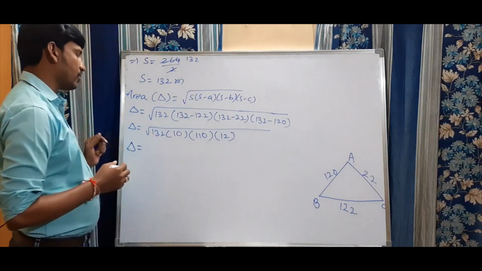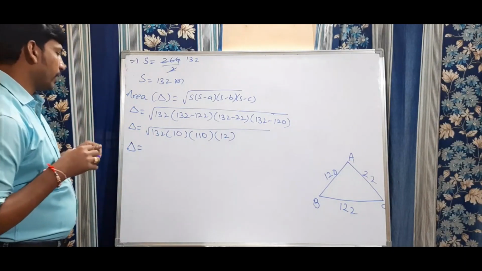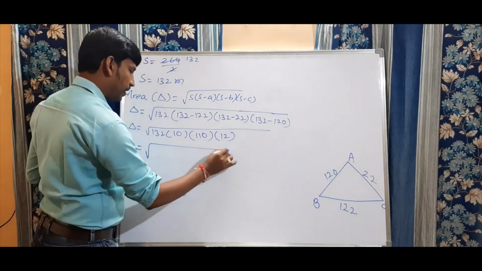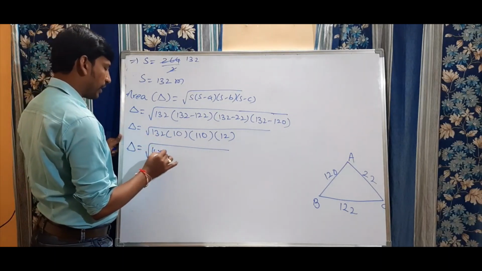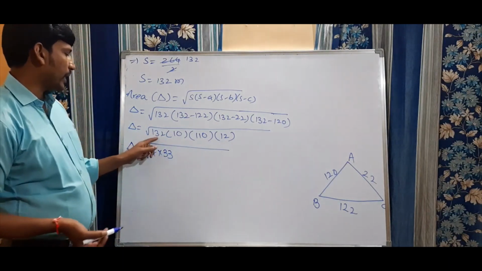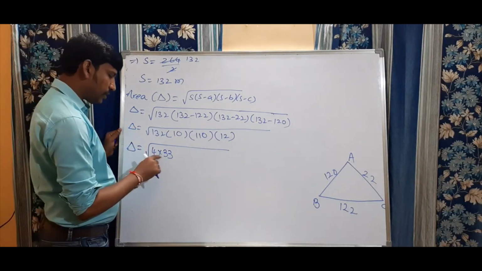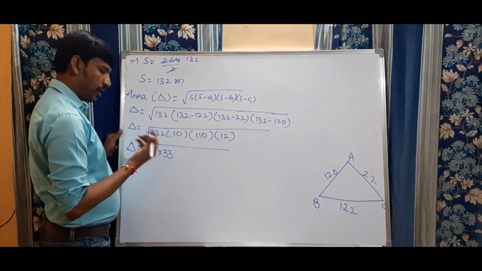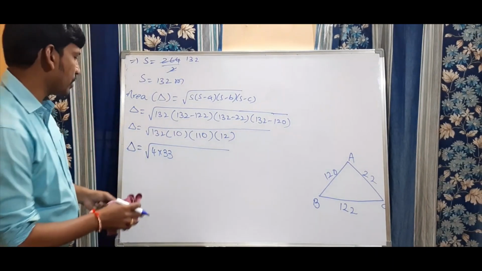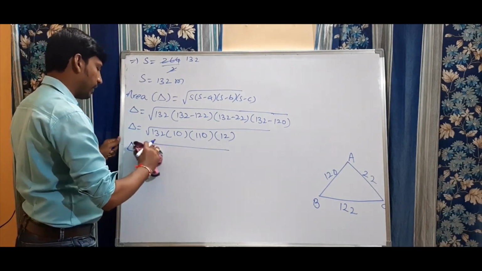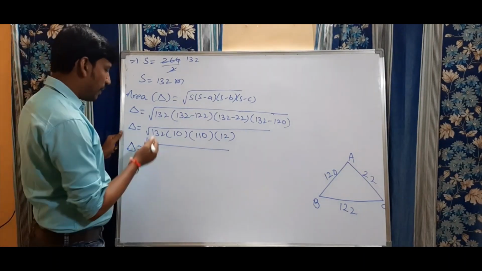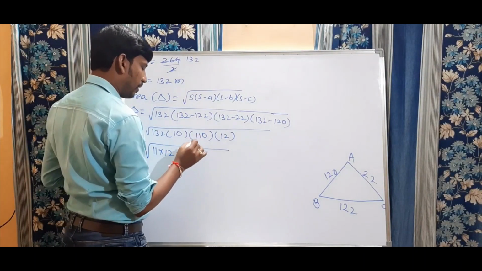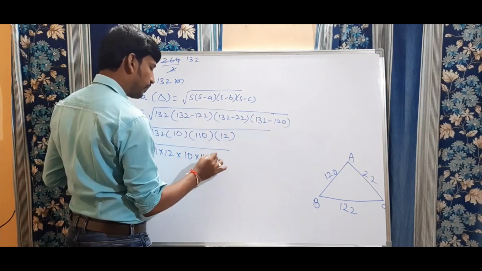Now 132 and 12 also we are going to simplify. 132 I am going to write as 4 into 33. 4 into 33 is 132. 4 threes are 12, 1 carry over, 4 threes are 12 plus 1, 13. Or you can use 11 also. It is better to use 11. 11 twelves are 132, right? So by using 11 into 12 into 10, this 132 is 11 into 12, and 110 is 11 into 10.